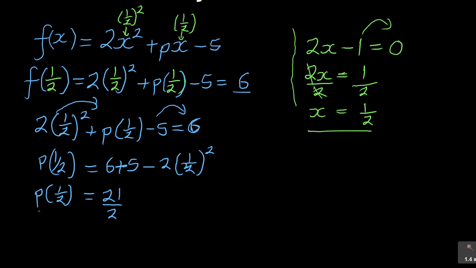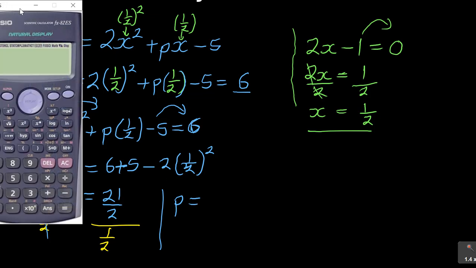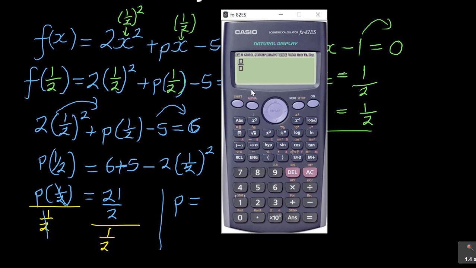So now the next thing that we need to do to solve for p is to divide both sides by 1 over 2, and then when you do that, you're going to have p is equal to... With your calculator, be careful how you enter it. The first one, as you see the cursor is on top, you put another fraction and you say 21 over 2, then you press down and again put a fraction and you say 1 over 2. That's how you simplify it,